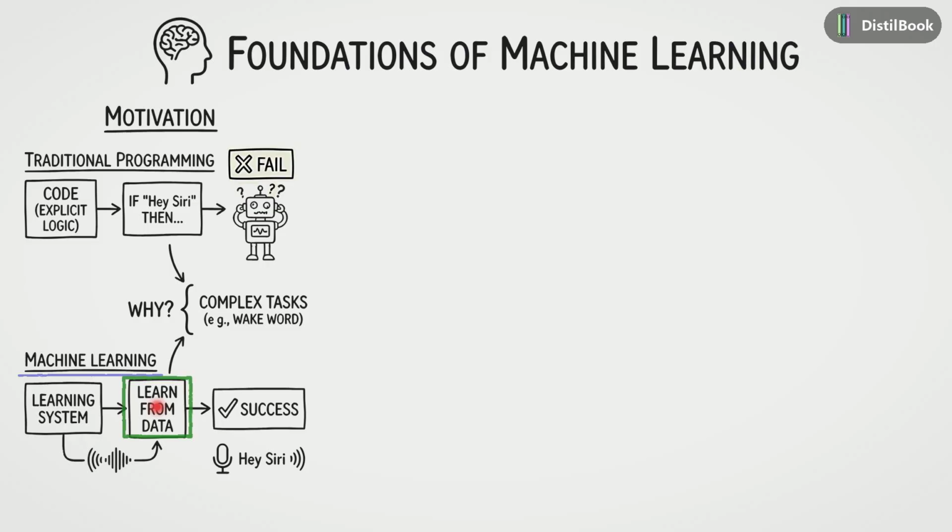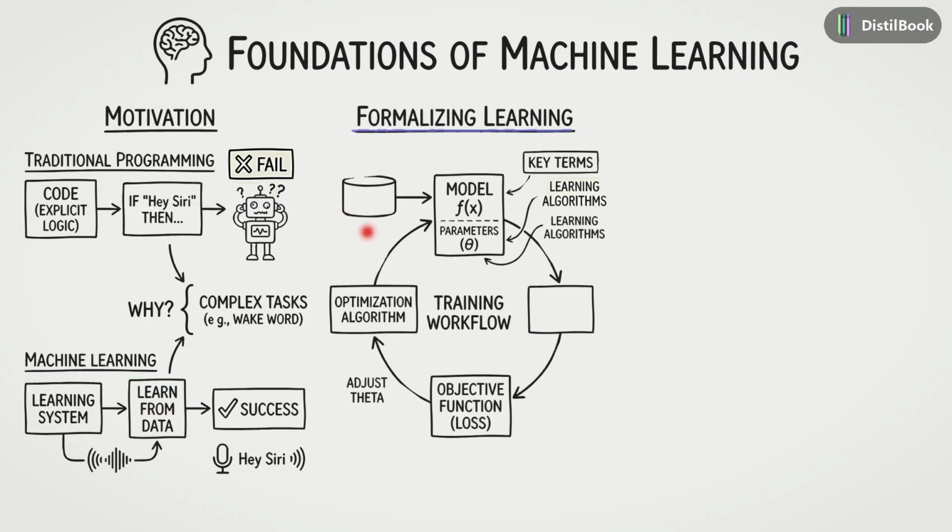Next, we move to the center to focus on formalizing learning. Here we will break down the training workflow, defining key terms like parameters and understanding how data flows through a system to create an output. Finally, on the right side, we will dive deep into the 4 essential components that make up almost every machine